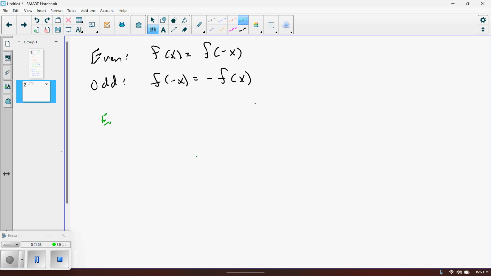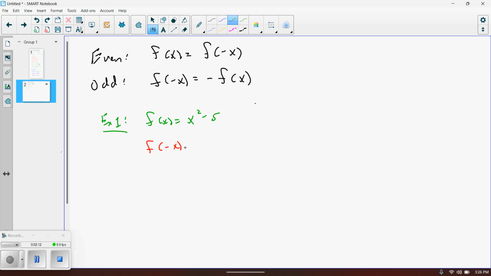So for our first example, let's say that f of x is defined to be x squared minus 5. And our goal is to determine whether this is even, odd, or, as in the case of probably most functions, neither. So that's our job: even, odd, or neither. The very first thing that you should test algebraically is f of x equals f of negative x. So literally that just means